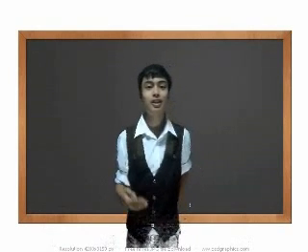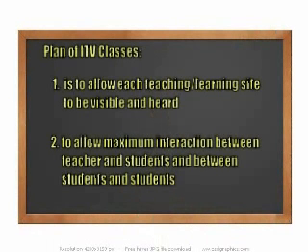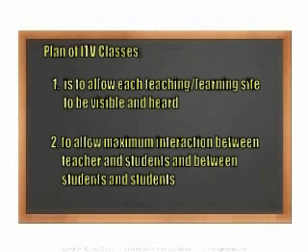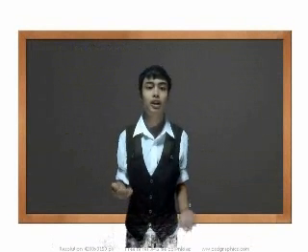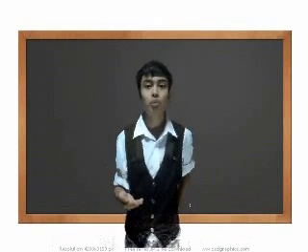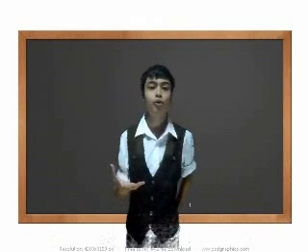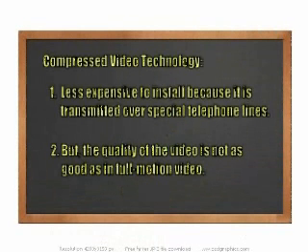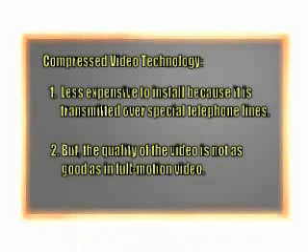There are variations of the equipment, but in most configurations, the plan is to allow each teaching-learning site to be visible and heard, and to allow maximum interaction between teacher and students, and between students and students. Each remote site is similarly equipped, so transmission can occur from any site. The full motion video images and voices are carried over special telephone lines. Compressed video technology is less expensive to install because it can be transmitted over regular telephone lines, but the quality of the video is not as good as in full motion video.